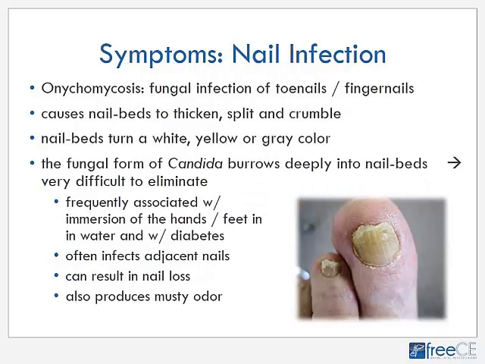Onychomycosis is the term for fungal infections of the toenails or fingernails. It causes the nail beds to thicken, split, and crumble. The nail beds initially might turn whitish, but eventually turn either yellow or gray as the condition progresses. The fungal form of Candida burrows deeply into nail beds, which makes it very difficult to eliminate with either pharmaceuticals